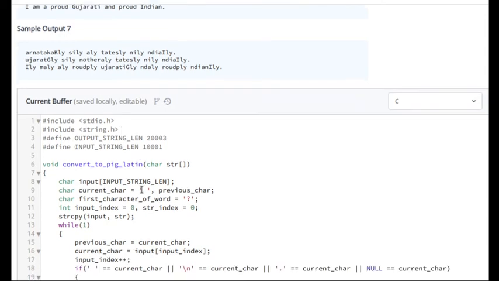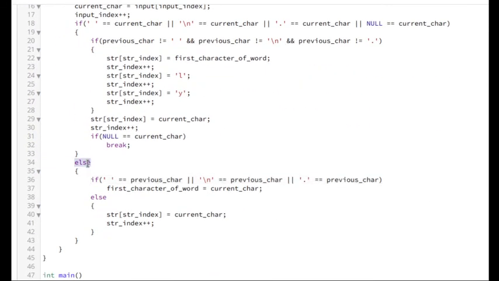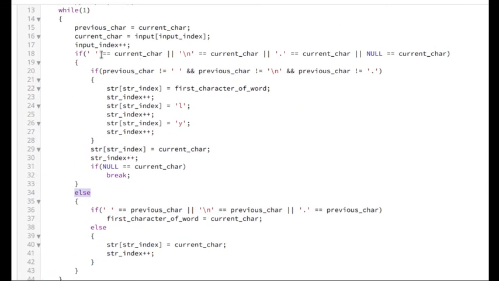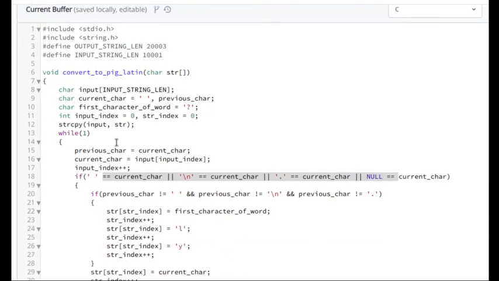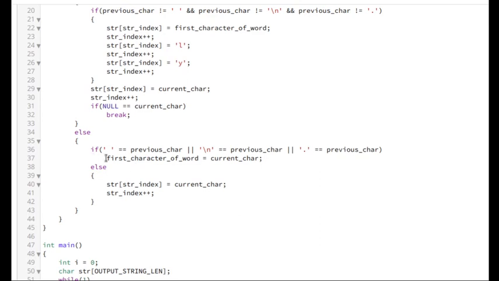The control will go to else only if the current character is not space, not null, not dot, and not new line. It means it is some alphabet. If the current character is an alphabet and the previous character is space or null, space or new line or dot, then what does that mean? The current character is the first letter of the word. So what we are doing in that case? The first character of the word is equal to the current character.